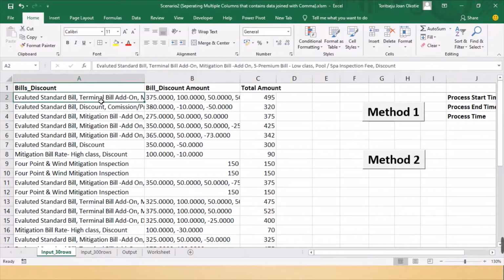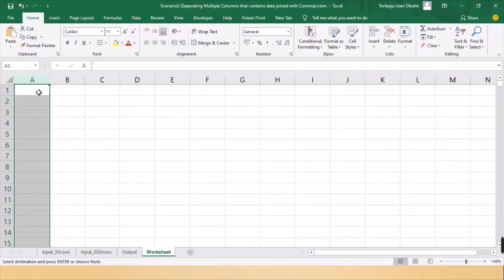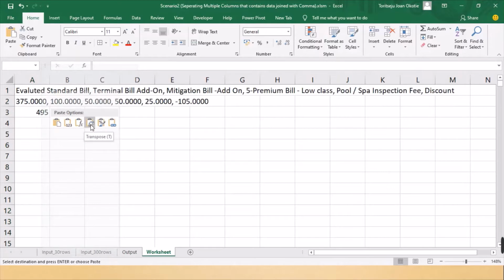Before I split any row, I will check if it has a comma. This determines if it will be splitted or just copied to the output sheet. Please look at the process of splitting the data in row. I'm working with row 2, so I'll just copy or highlight and copy, then go to worksheet, then I'll transpose